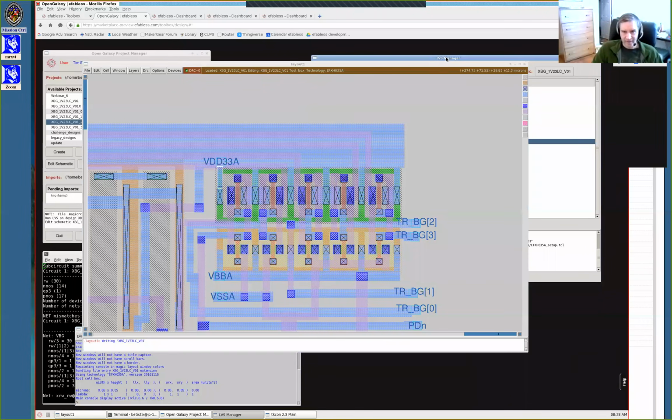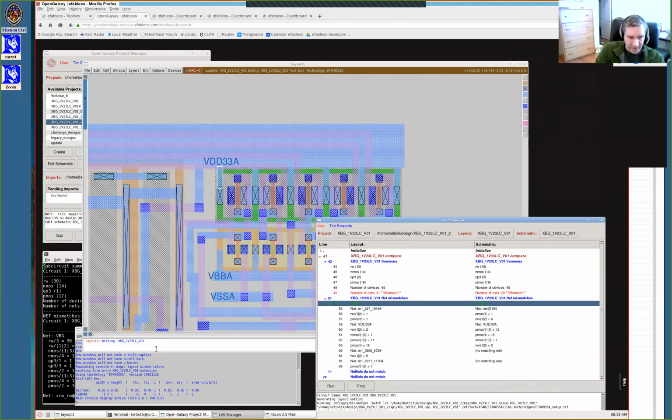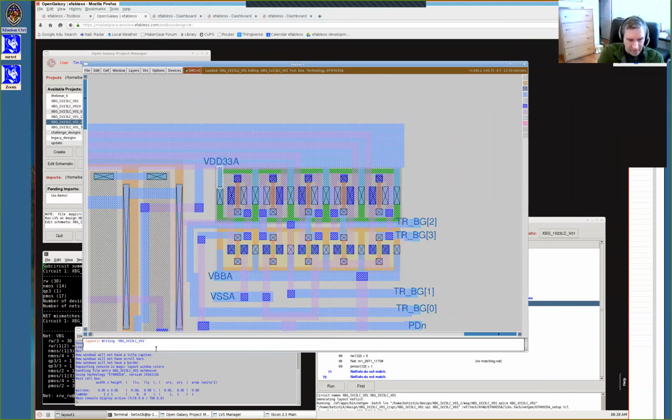Now, how to go find that in the layout? Ideally, I'd have you click on this and it would go directly to the layout. That's an inter-process communication thing that I have not yet gotten around to implementing in this tool. So for now, it will be manual, but you can just go down here to the layout, if I can get both in the view at the same time. The net is M1, so I'm going to say goto, G-O-T-O, and then type in the name of the net,